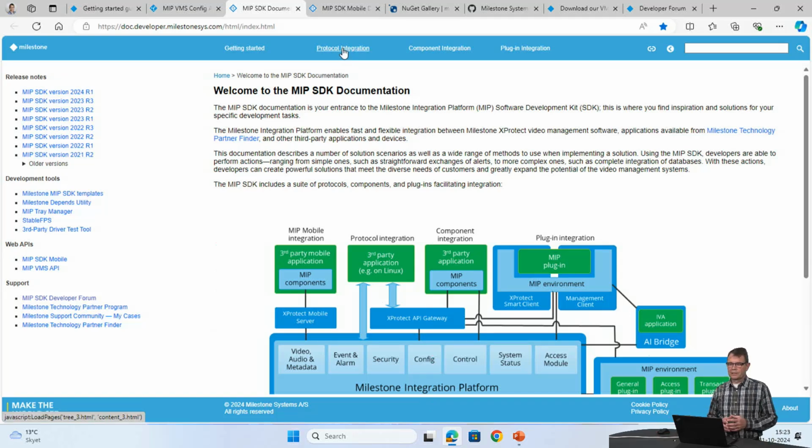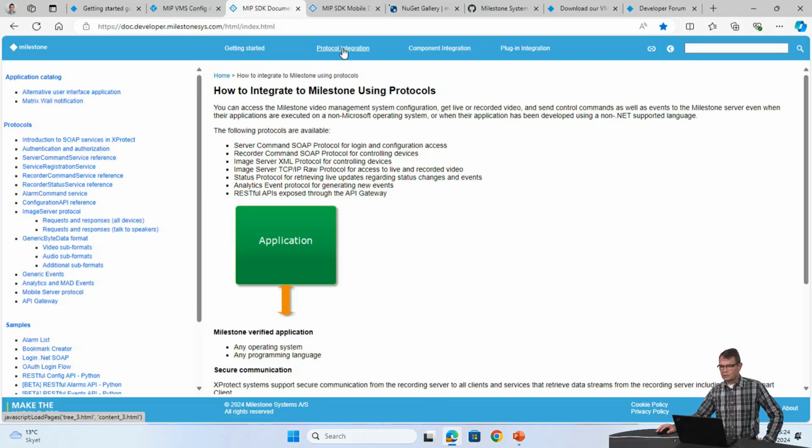You could say that the REST API is also a protocol, or maybe not. These protocols are generally very much SOAP, or there's one of the protocols that is SOAP-like, but totally Milestone's invention.